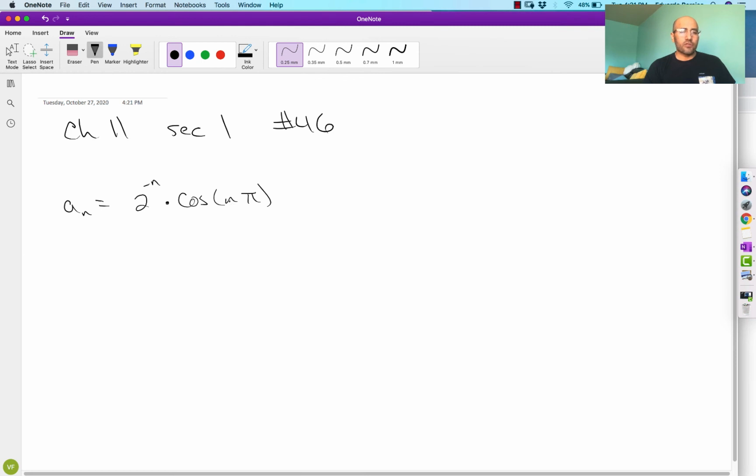So as n grows to infinity, n equals 1, 2, 3, I'm looking at multiples of pi. Cosine of 1 pi, cosine of 2 pi, cosine of 3 pi. Okay, so if we look at the cosine function, it starts off there, comes down here, hits that, comes back up there. So it's going to be equal to negative 1 for pi, and then it's going to become positive 1 for 2 pi, and then it's going to come back down and back up. So this is just going to be oscillating back and forth, back and forth.